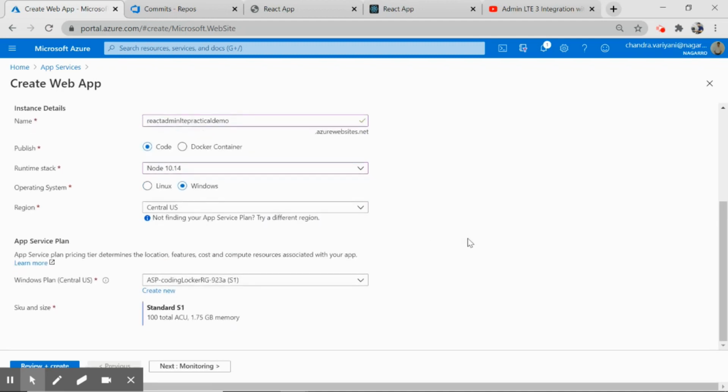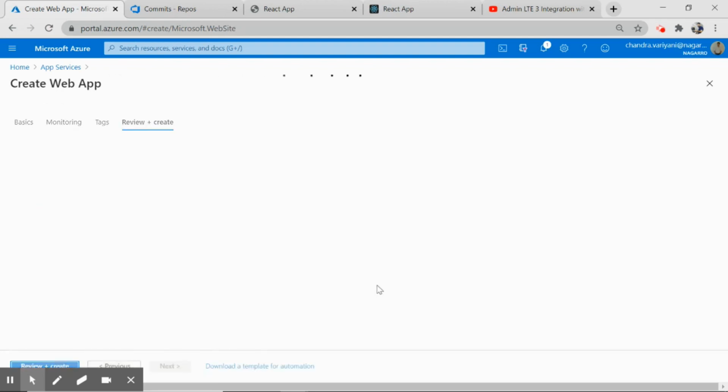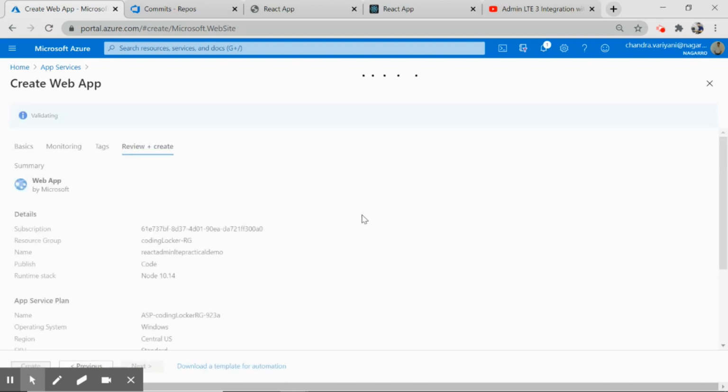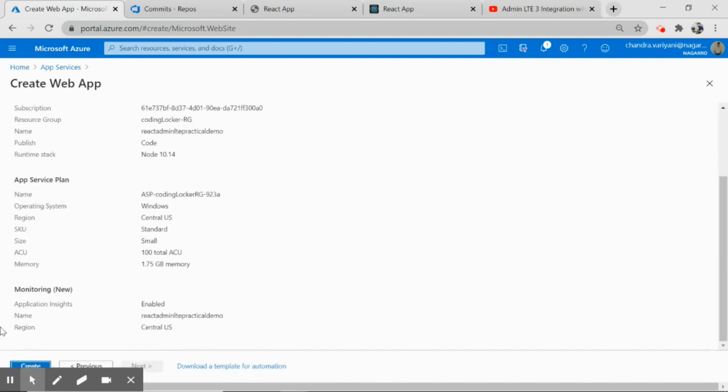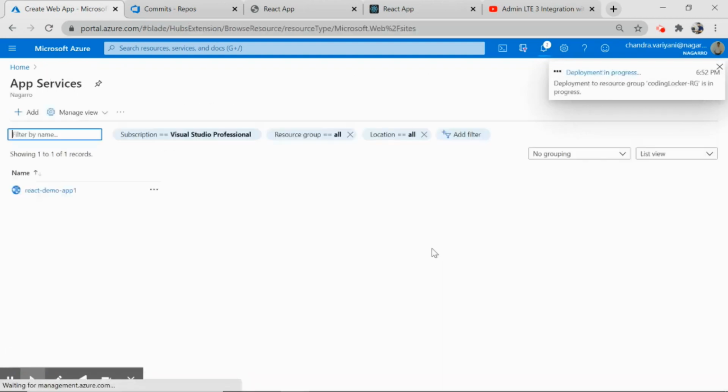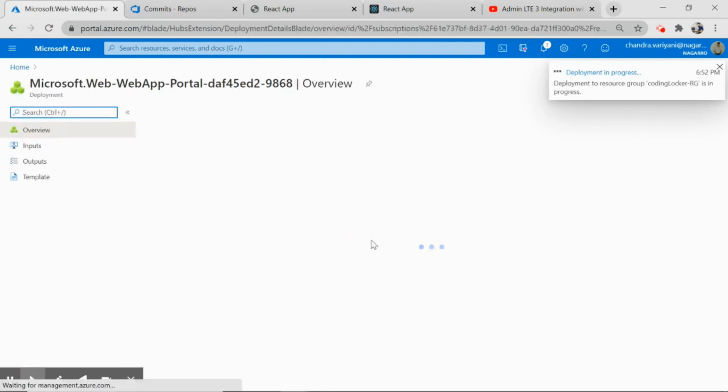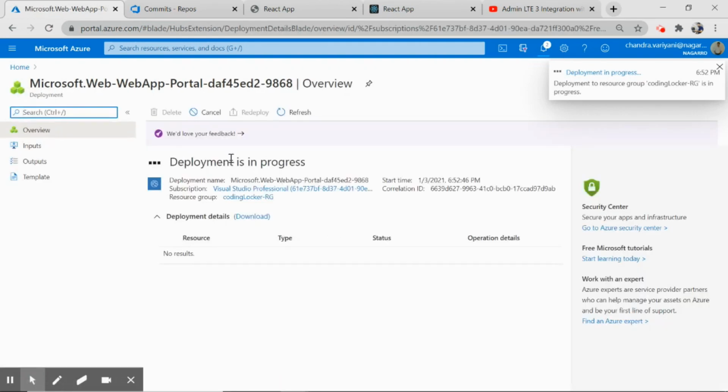I'll keep it a little simple and make use of the default one. That's why I'm not changing anything in the monitoring and the tags tab. I will just simply create the app service. So I have clicked on the create button. Now I think it will take a few minutes. So meanwhile it deploys our application,